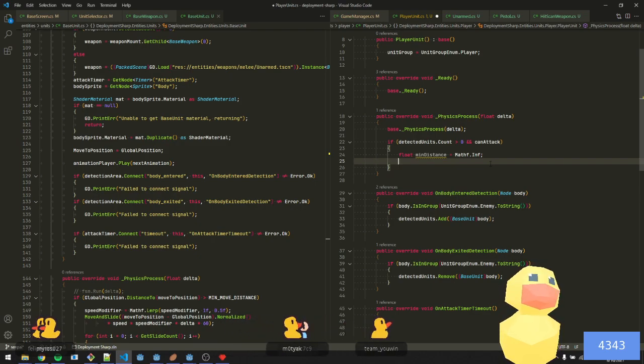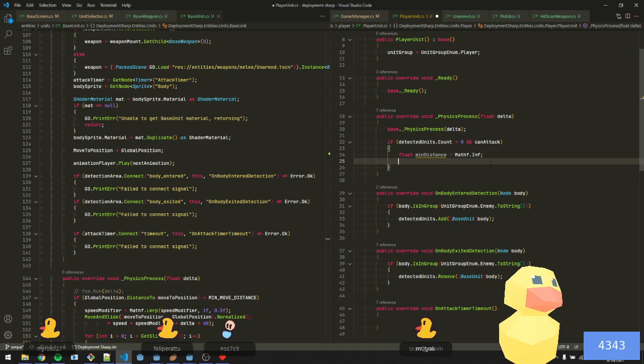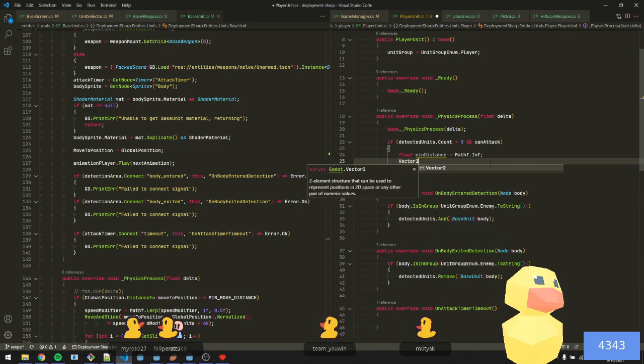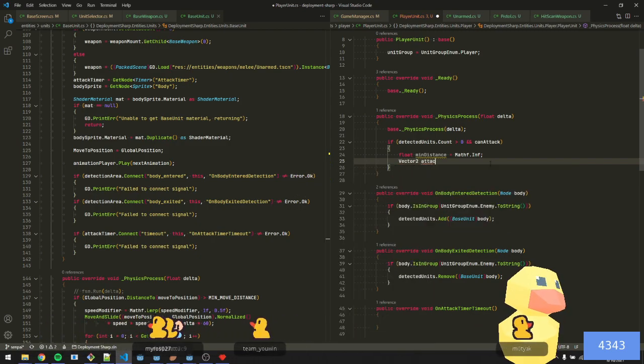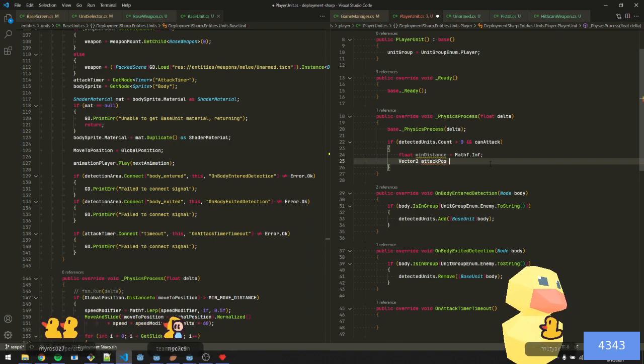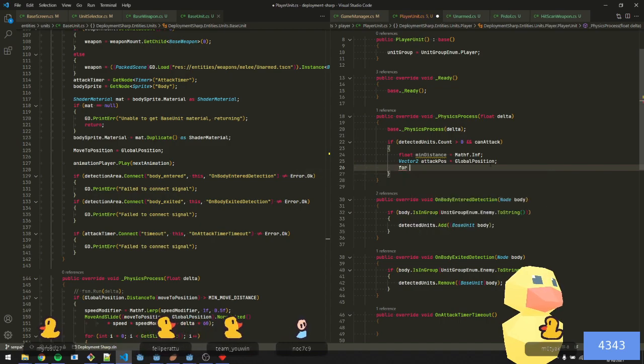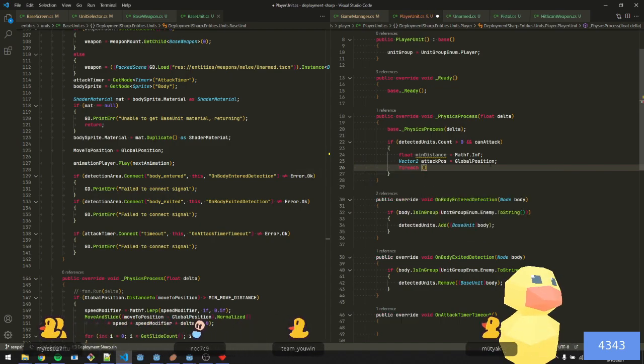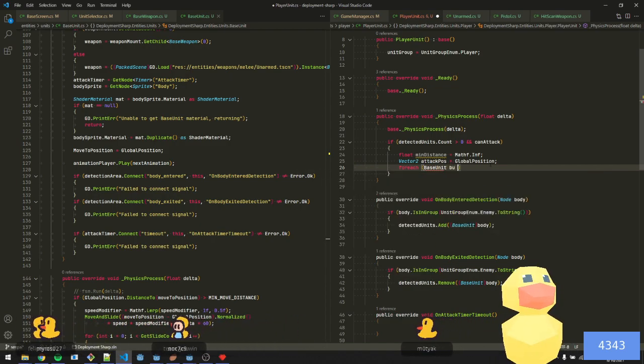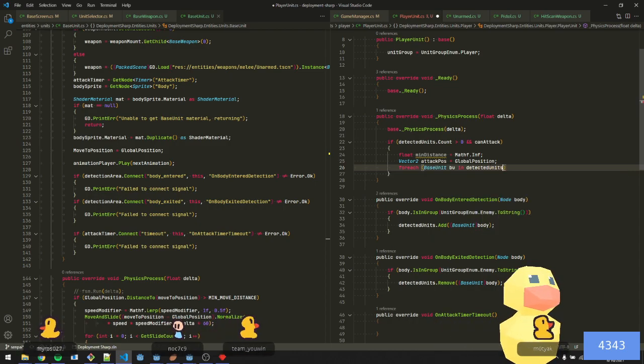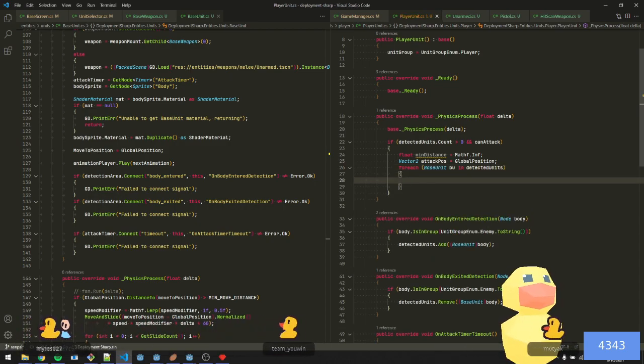Right, because infinity is more of a concept than a concrete number, but you know, whatever. It goes counter to whatever I learned in school. For each base unit, BU in detected units, we'll do